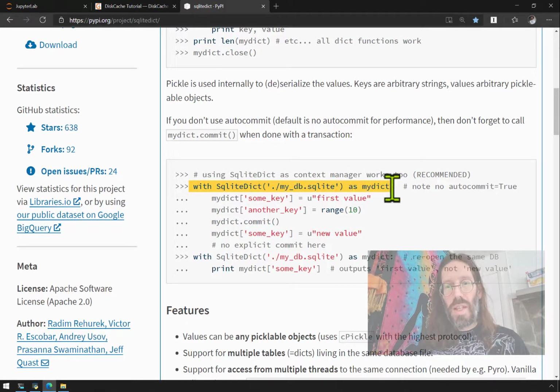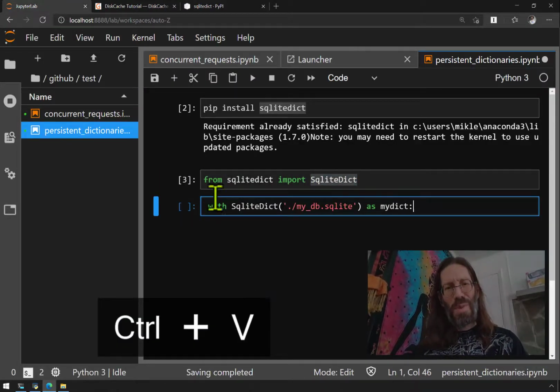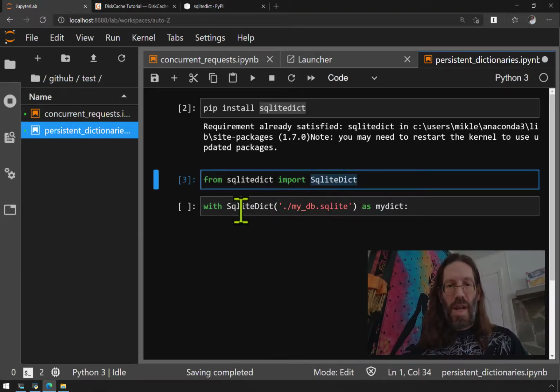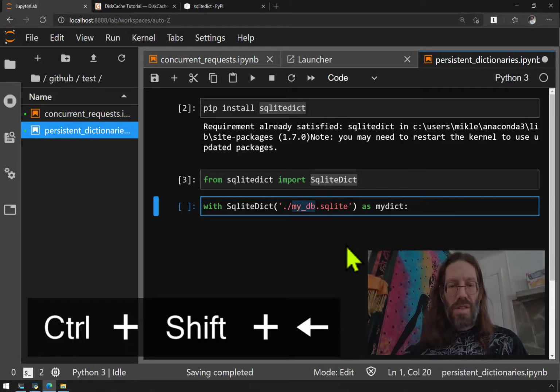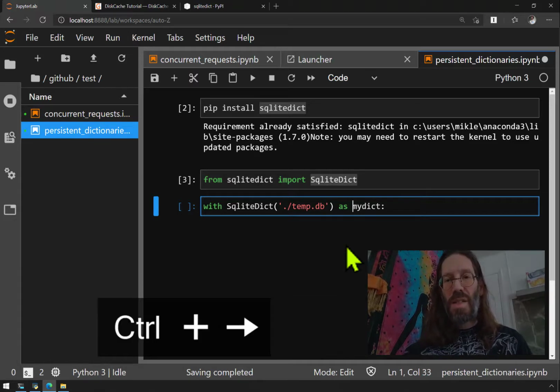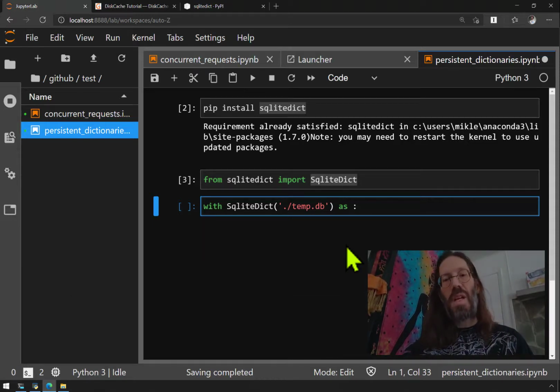So this syntax here we start with, copy, go over here. It's usually better to type it out so you really know what you're doing, but it's not that much to follow. With that object we just imported, we're going to create something, mydb.sqlite. I don't like that convention. This is temp because we plan to throw it out, .db because everything with a .db extension is SQLite. MyDict, cute, but this is a file handle, and I want to make sure you understand that it's a database